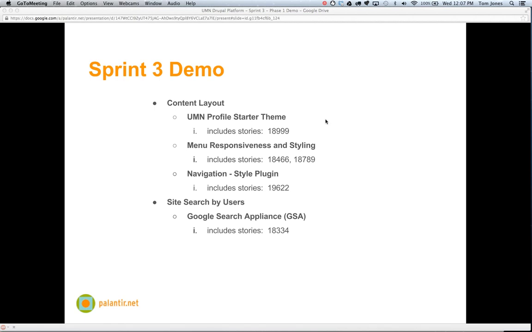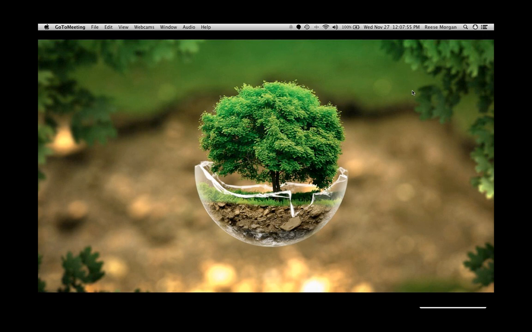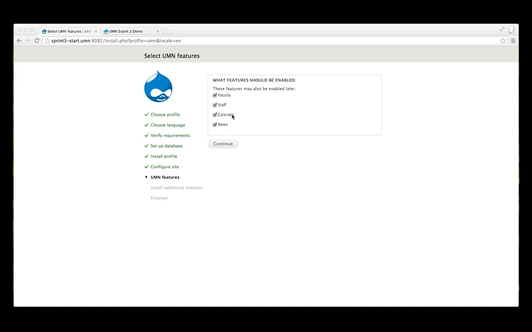Okay, Reese, it should be turning over to you right now. Yep. All right. It should be. Can everybody see that? Yes. Or have I done something wrong? Okay. I'm seeing your screen. It's the Drupal. Yeah, it should be a standard looking Drupal